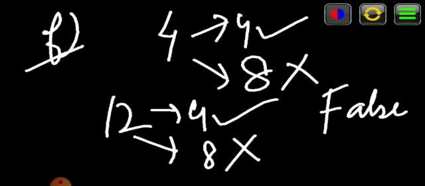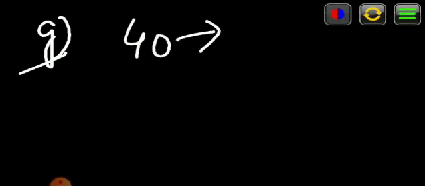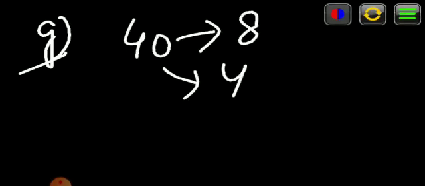Now the G part of question 1 is, all numbers which are divisible by 8 must also be divisible by 4. See, this is similar to B part, that if a number is divisible by any number, then it is also divisible by its factors. So any number which comes in the table of 8 surely comes in the table of 4. For example, if we take 40, 40 is divisible by 8 and 40 is divisible by 4 also. So here the statement becomes true.